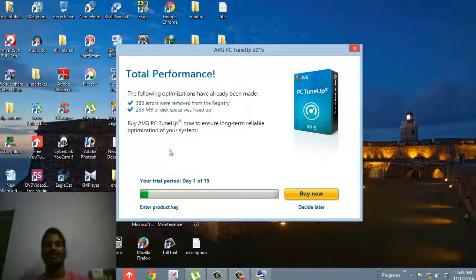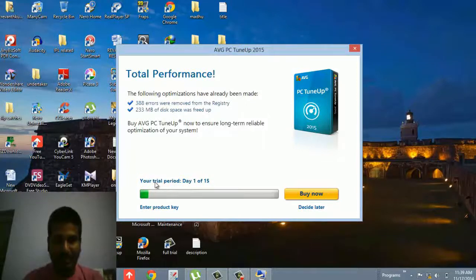See here, this is the big change. My new shortcut is showing that this is the first day of my 15 days. I have moved my trial period to day 1.